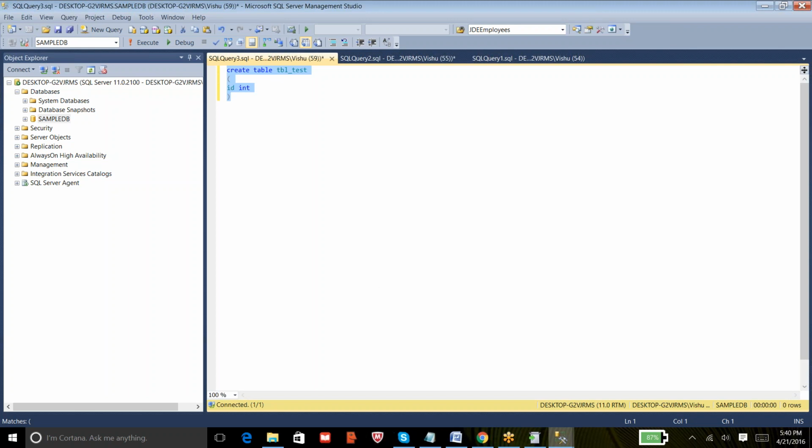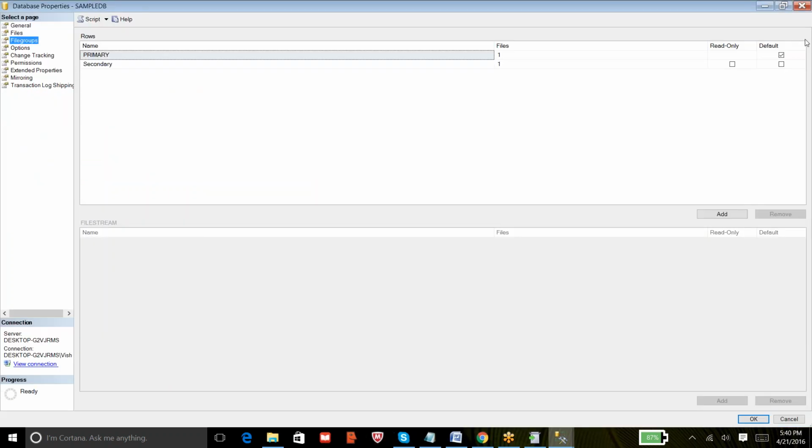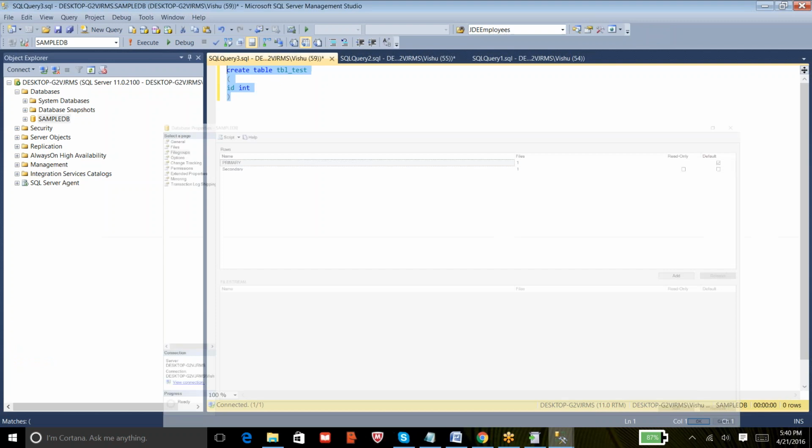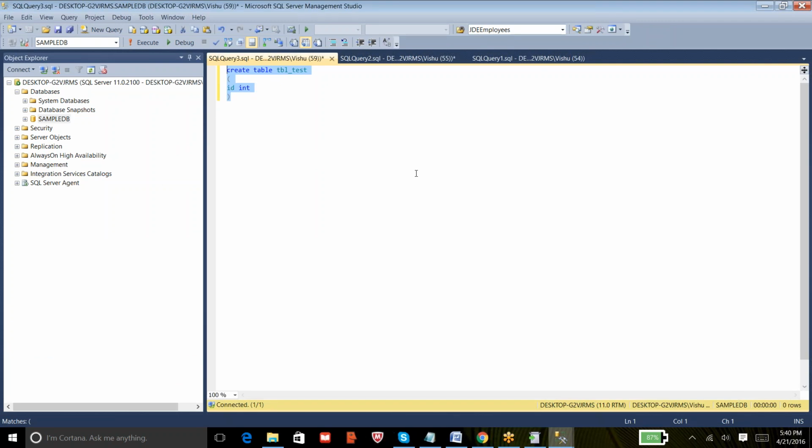It is because the primary file group is set as default, so this table will be created in my primary file group. But what if you want to get this newly created table into secondary instead of primary? So there are two options.